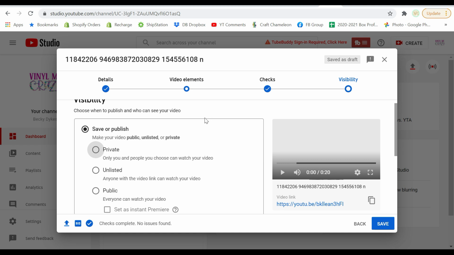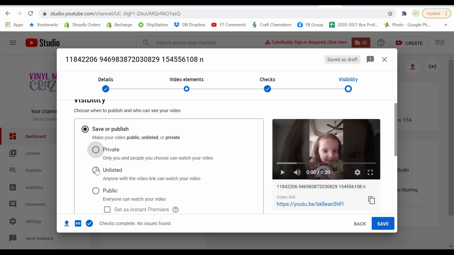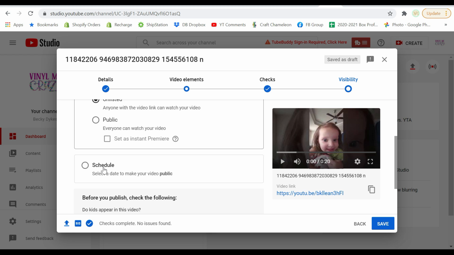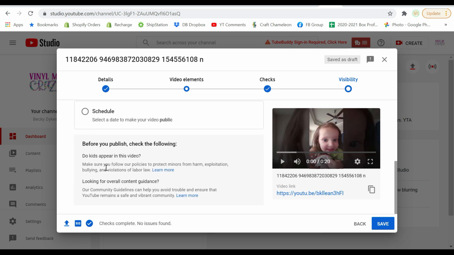And then this is where I really want to pay attention, because this is where I'm going to determine who's able to see this video. Now, I don't want to set it completely to private because, as you can see under unlisted, I need people to be able to click on the link. Because remember, we are combining a QR code in here, and the QR code is going to use that link. So if the link is private, then the QR code won't work. But just make sure you don't have it set to public.